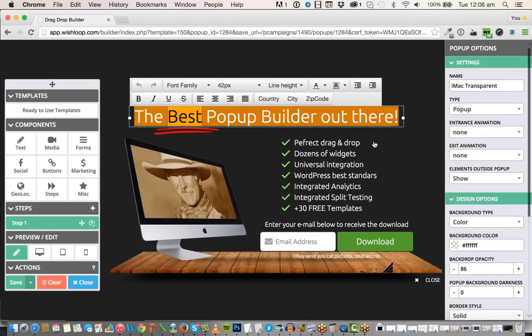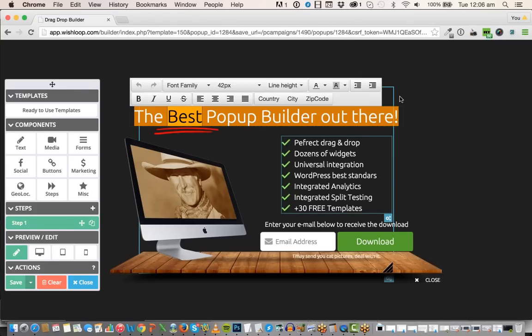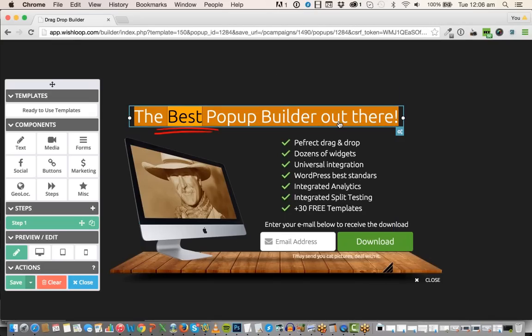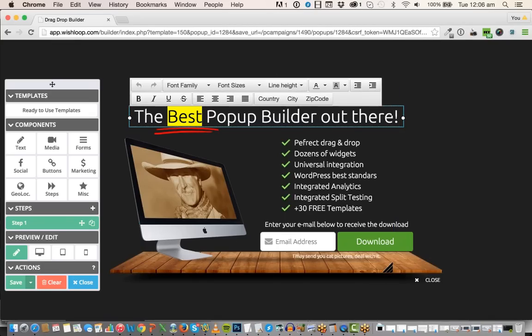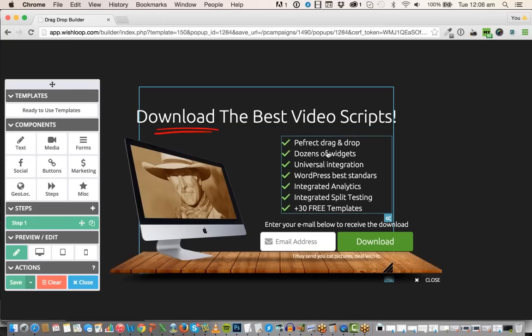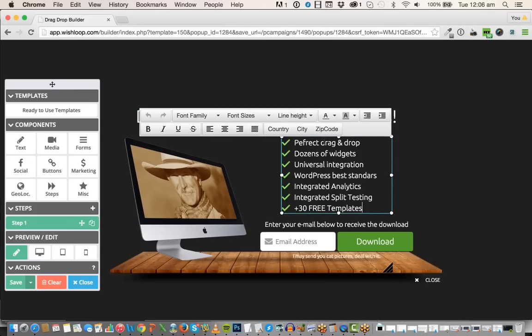So say, for example, there's a new software coming out that we're bringing out very soon called VideoScript. So we could say, download the best video scripts. Say we were giving away some video scripts for free to get an opt-in, and then we were looking to sell people into our video script software. This is what we could do. So perfect drag and drop, dozens of scripts, or maybe you'd probably change that around a bit actually, we would say